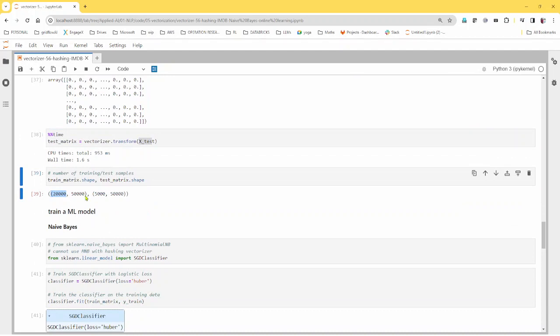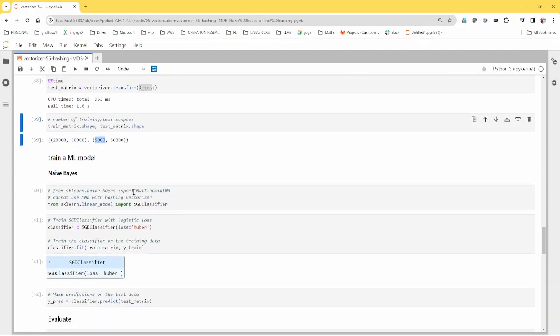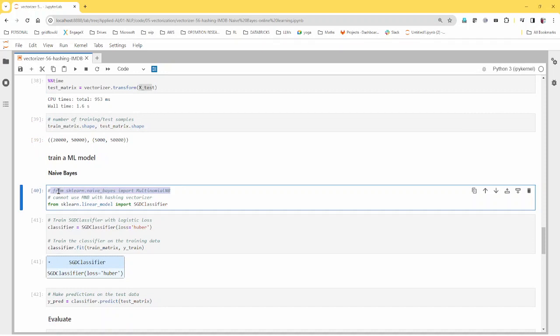20,000 samples in the training, 5,000 samples in the test. And this multinomial naive Bayes you cannot use with the hashing vectorizer because the vectorizer has some values in negative, and those negative values are not okay with multinomial naive Bayes. So I'm going to use the stochastic gradient descent classifier